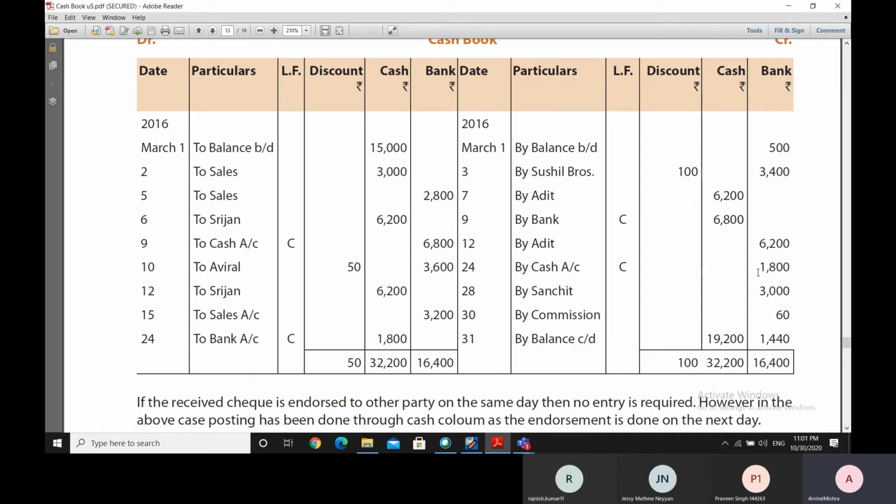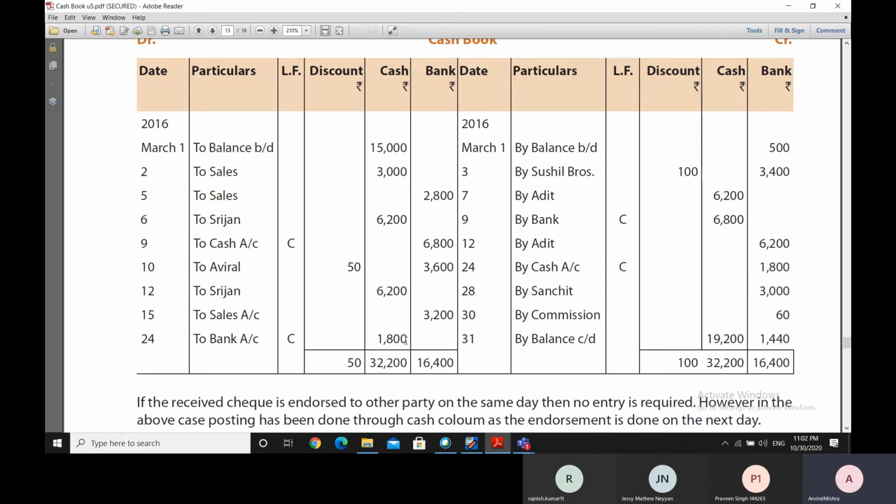That means it is a withdrawal of cash of 1,800 rupees from the cash account rather, because here, although we are writing bank, it is part of the contra entry. So, we are seeing here a 1,800 contra entry, which means